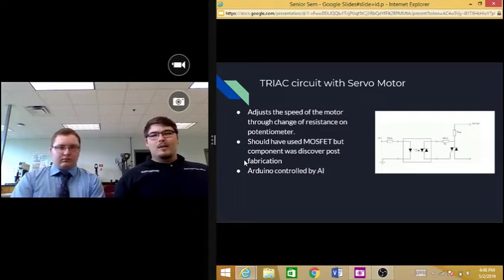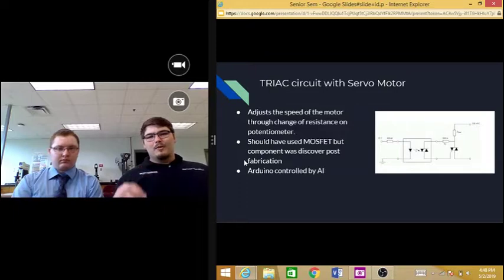The triac circuit with the servo motor connected to the potentiometer of the triac circuit. We realized afterwards that we should have used something called a MOSFET, which is actually a transistor. It's a form of transistor that's used in amplifiers. It would have reduced the need for having to take the electrical energy,